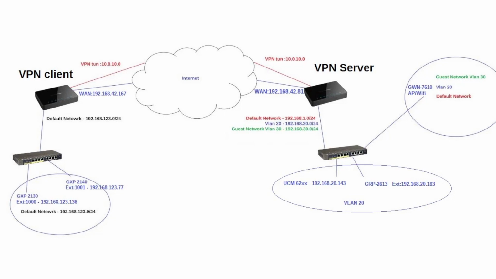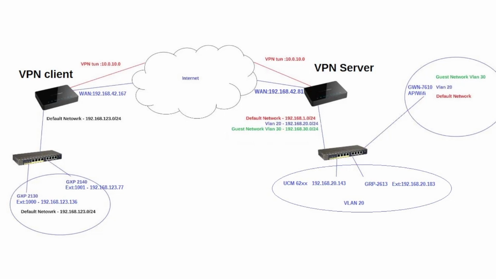But with that being said, we're going to train our main focus on the VPN connection. So when you connect in through the VPN, we will be able to establish SIP connections through there. And this will not only have to be configured on the router, but also on the UCM as well, because it is very imperative that all traffic that comes in through the VPN tunnel,